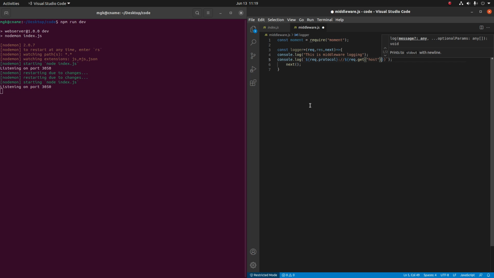We can put some separator here, any separator.